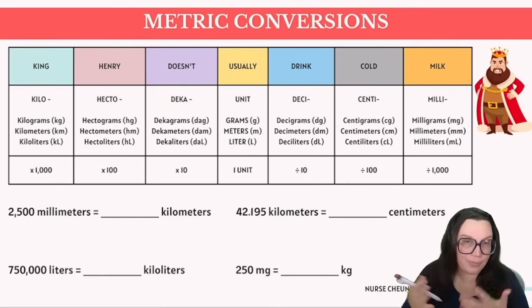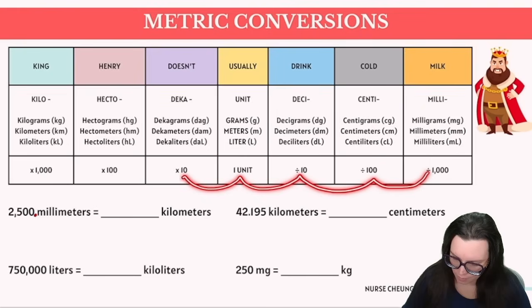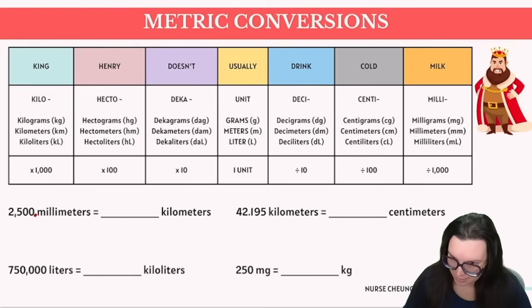So it's kind of not really given here, but we can just assume that the decimal place is right after our whole number, which is 2,500. So what do we know? We're going from millimeters to kilometers, right? So we're going to move our decimal place 1, 2, 3, 4, 5, 6 times to the left. So that's ultimately going to give us the correct answer of